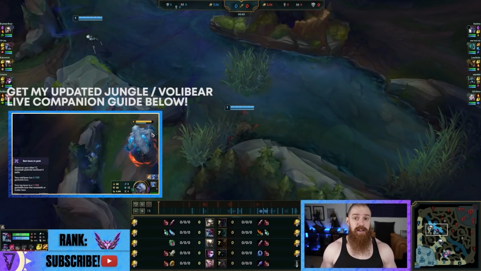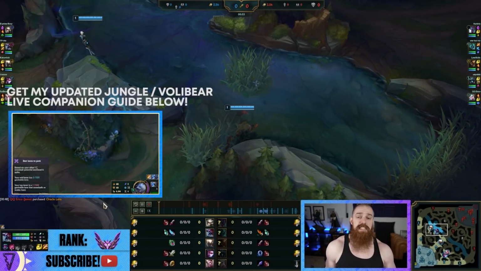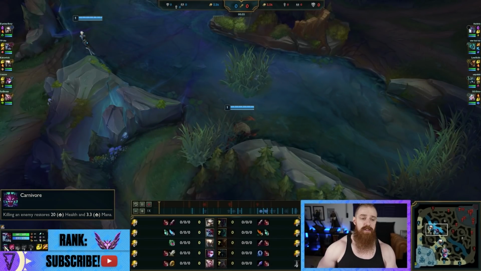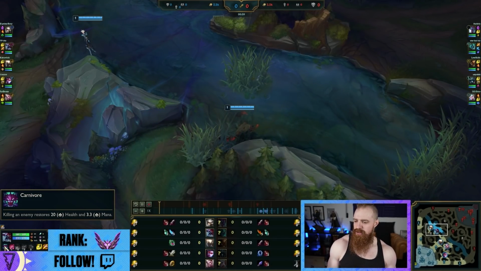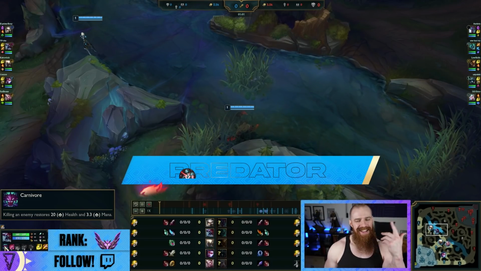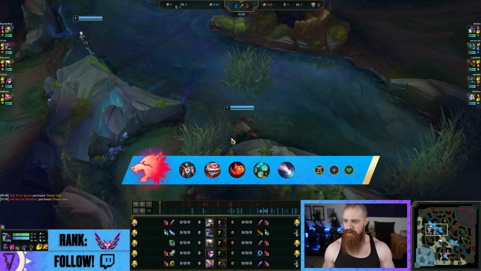CHO'GATH! Why not? Because all the champions in these modern days have giga passives. I mean, why not a simple passive? Let's restore some health and some mana, and go home. Right. What we're going to look at here, obviously with that weird introduction out of the way,